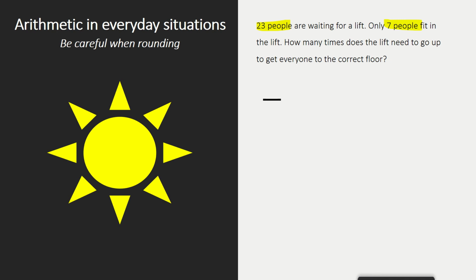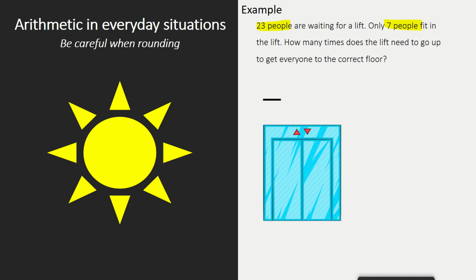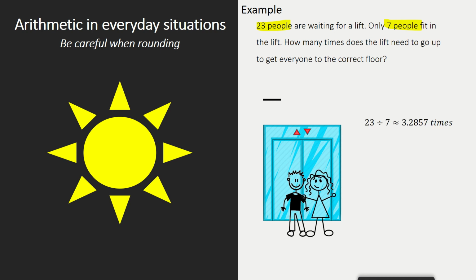So we have 23 people waiting for a lift. Only 7 people fit in the lift. How many times does the lift need to go up to get everyone to the correct floor? What we need to do is divide 23 by 7, because we have 23 people waiting for a lift where only 7 people fit in. So 23 divided by 7 is